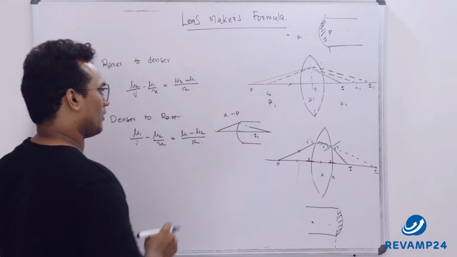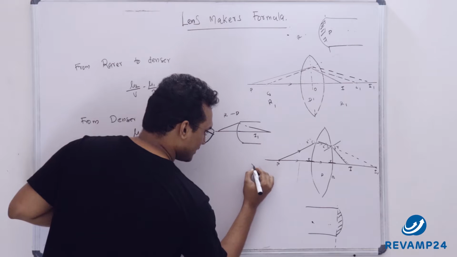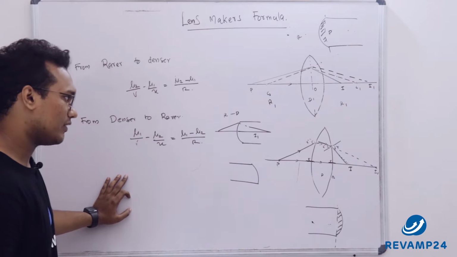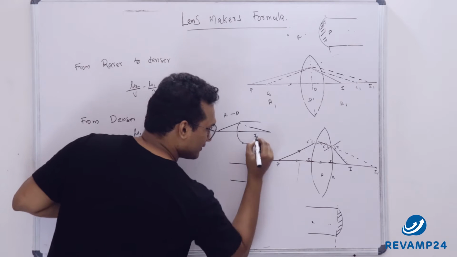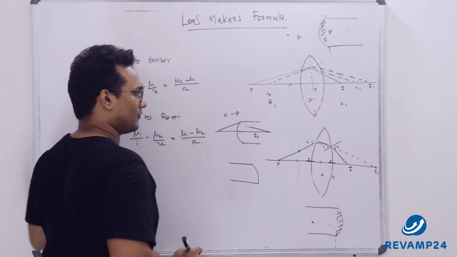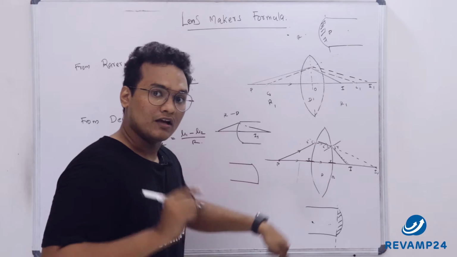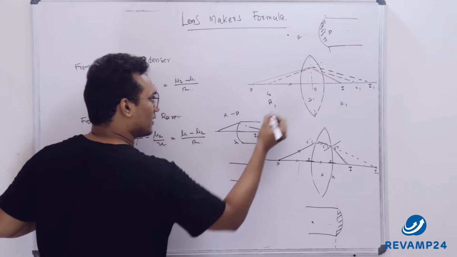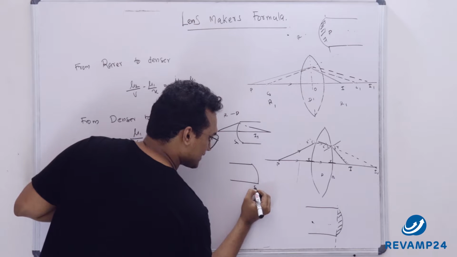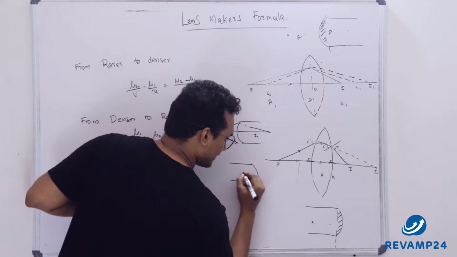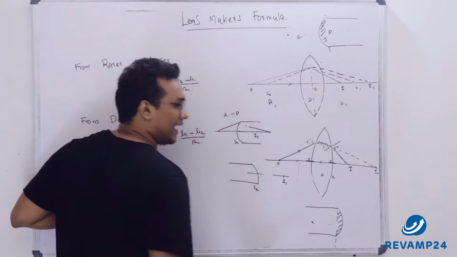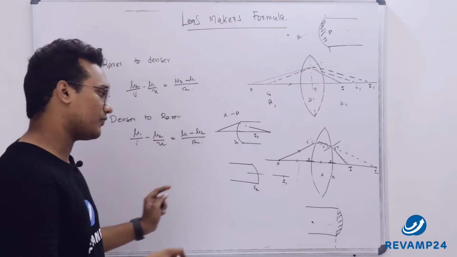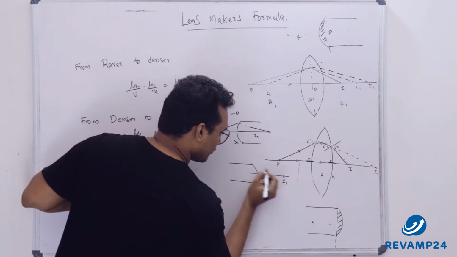This is one of my cases, and in the next case I have my curved surface in this way. This image which is created by surface 1 will act as the object for the second surface. So this is my surface 1, this surface. Now for the second surface, this image I1 acts as an object for the second surface and that would create